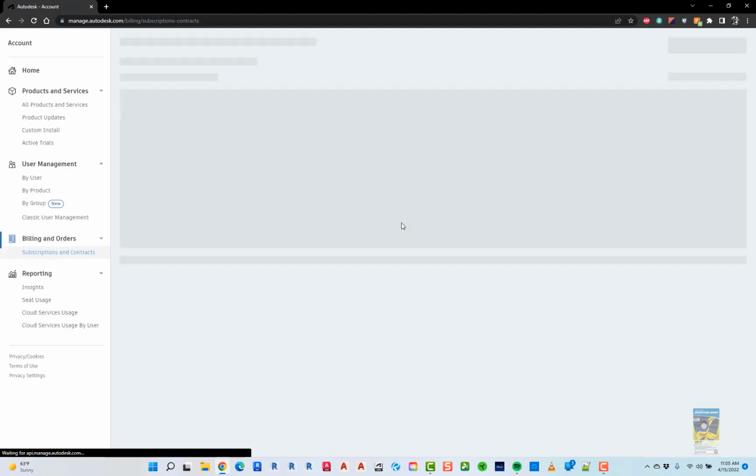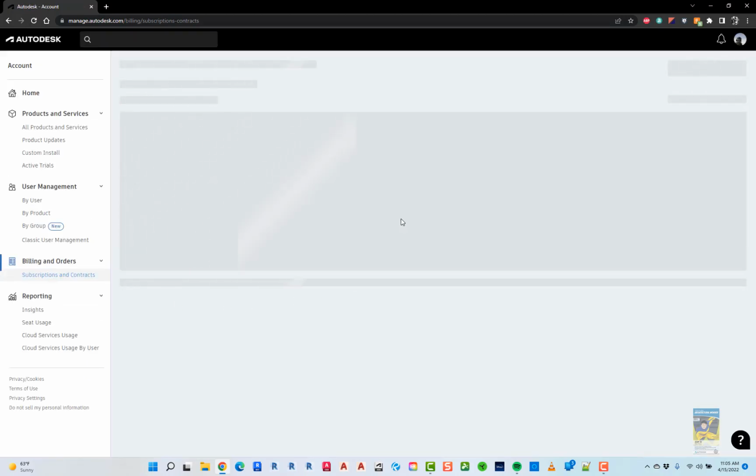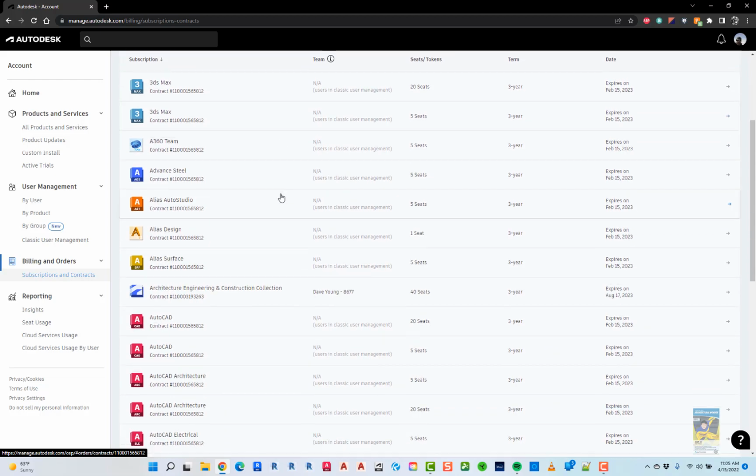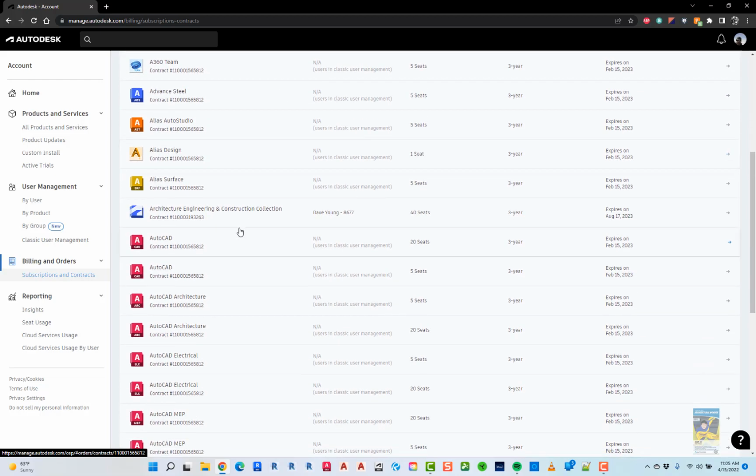This will list all of your subscriptions and all of your contracts and all of the teams. So you can set up additional teams if you want to. Typically, you have one team for your one contract number. If you have more than one contract, it typically will set up multiple teams for each contract, and you can adjust, okay? And then it's going to list all of your software and all the contract numbers that are tied